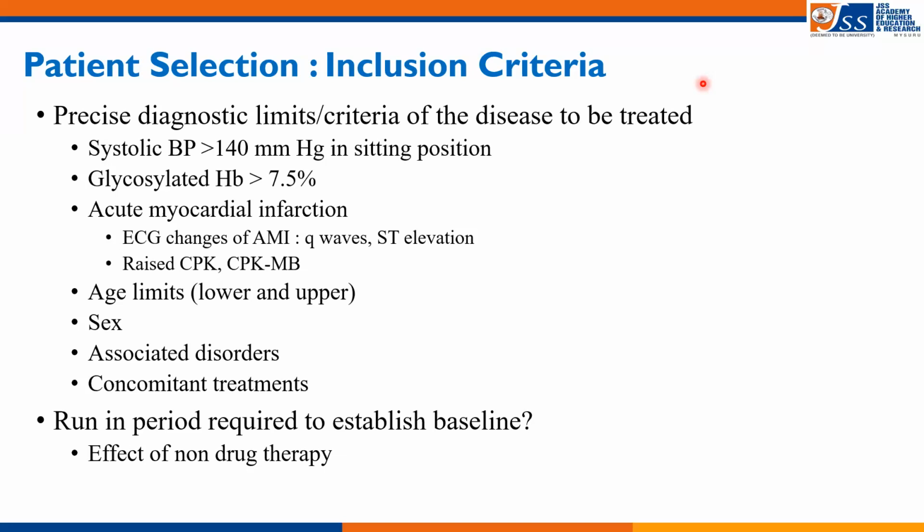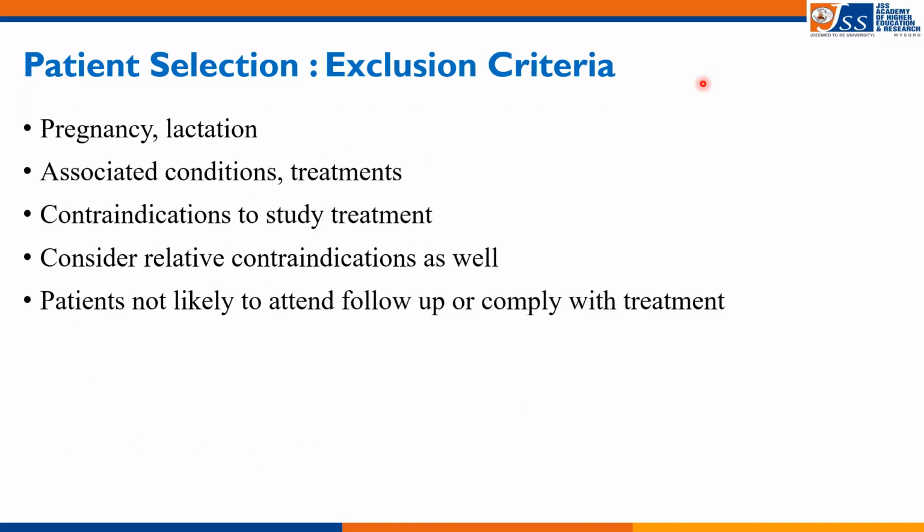So if that is the case, they have to wait till that period, to see that all the drug remnants or the accumulation of the drug is completely removed from the body. Then only they start with the clinical trial process. The opposite to that is the exclusion criteria. This criteria will define who should not be enrolled into the study. That means if the person falls into these criteria, then I will not allow them to participate in the